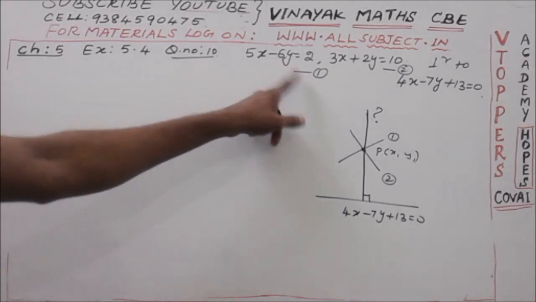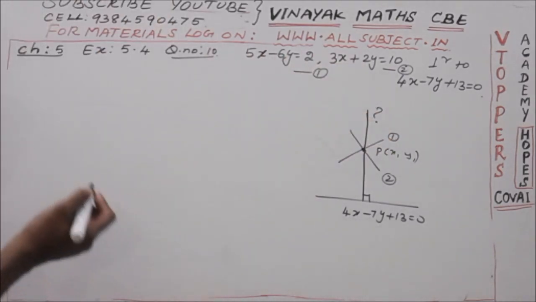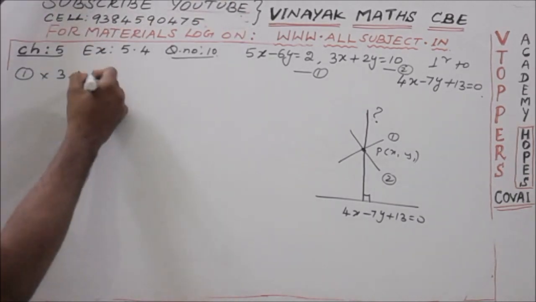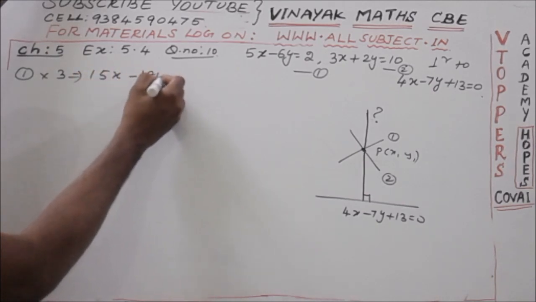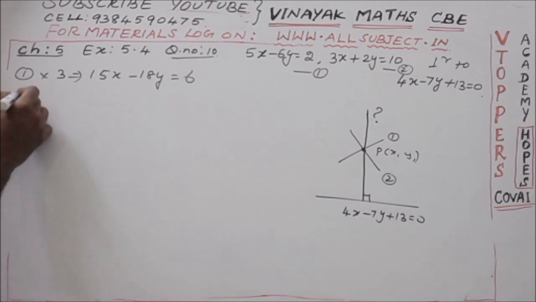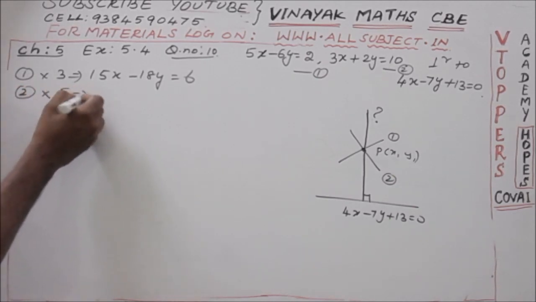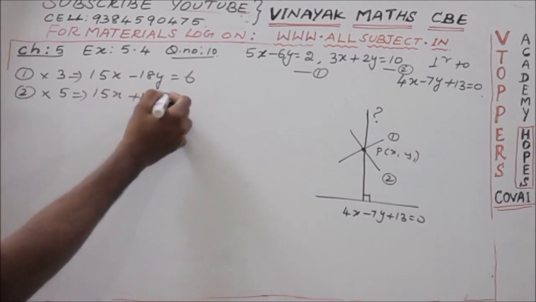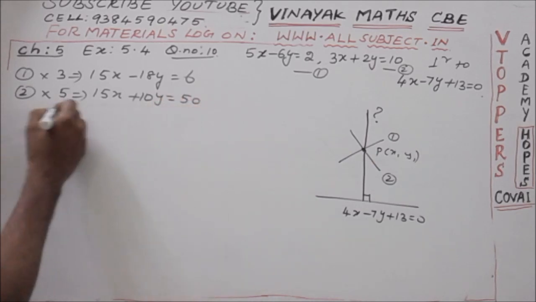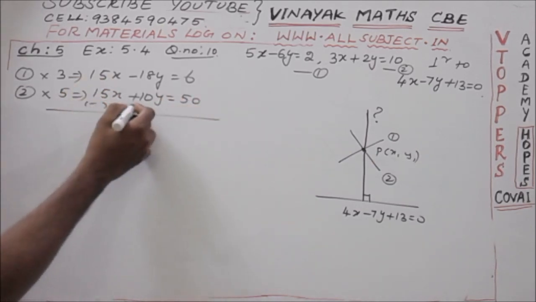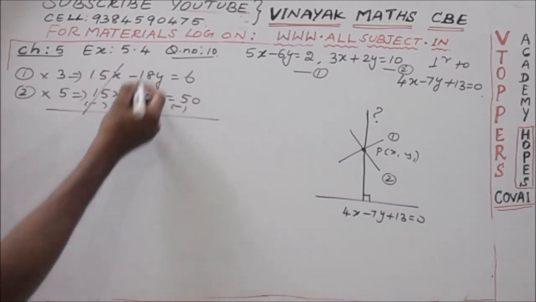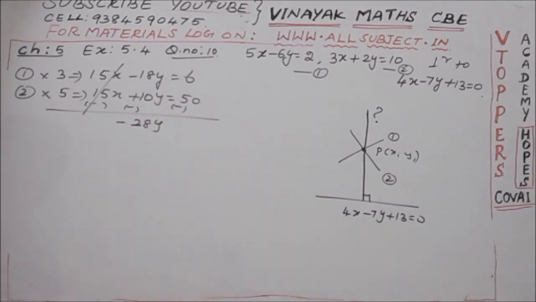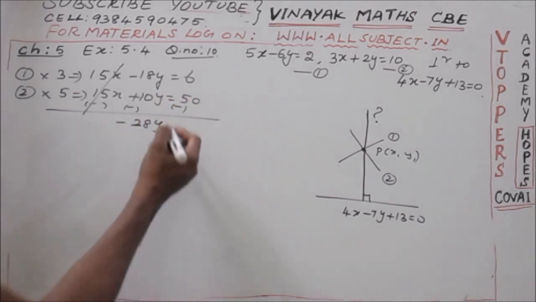Now multiply equation 1 by 3 and equation 2 by 5. 1 into 3 implies 15x minus 18y equal to 6, and equation 2 by 5 implies 15x plus 10y equal to 50. Now subtract: 15x cancels, remaining is minus 28y, and minus 50 plus 6 equal to minus